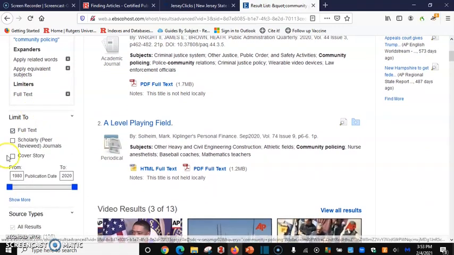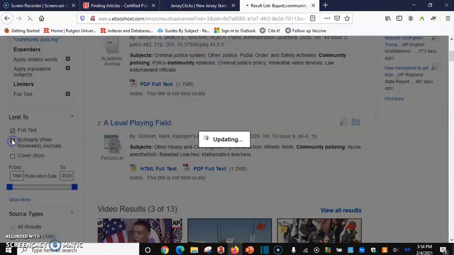And then also you want to go to scholarly peer-reviewed. Now, I find that in practice, many people who are doing CPM capstones already have a lot of material, because you work in a field, you have things from your job, you have stuff from the news, you have government sources, and so forth. But you're looking for those scholarly peer-reviewed journals to round out your literature review. So let's just click on scholarly peer-reviewed,